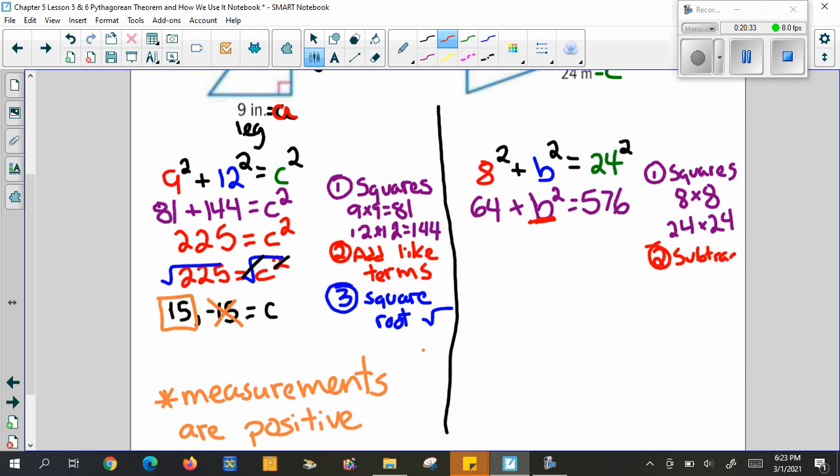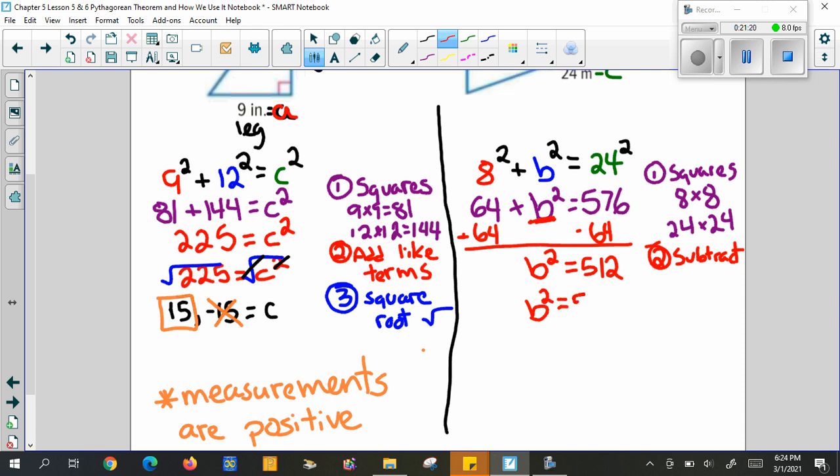And I am subtracting to take the 64 and remove it from the B squared. Now, 576 minus 64 is 512. And I have B squared is equal to 512,